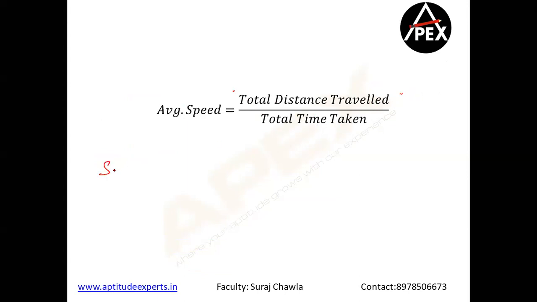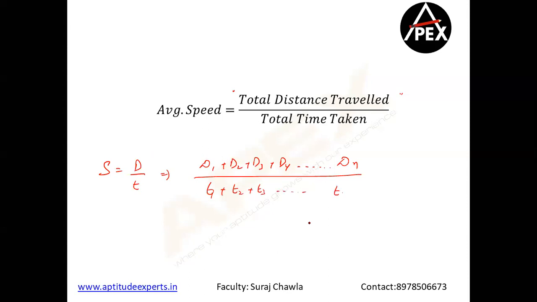Right? So I know that speed is equal to distance by time. So if I am applying average, average is nothing but sum of all the observations. So it's going to be d1 plus d2 plus d3 plus d4. So whenever I have more than one instance of distance traveled, I bring in average speed. Divided by t1 plus t2 plus t3, because I'll have all the separate times for each and every distance covered. So please do not get confused with the average of the speeds.